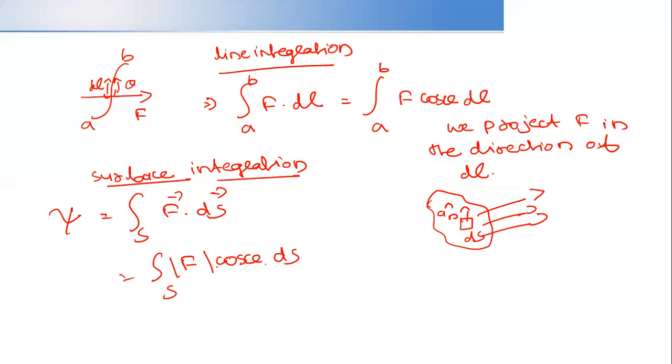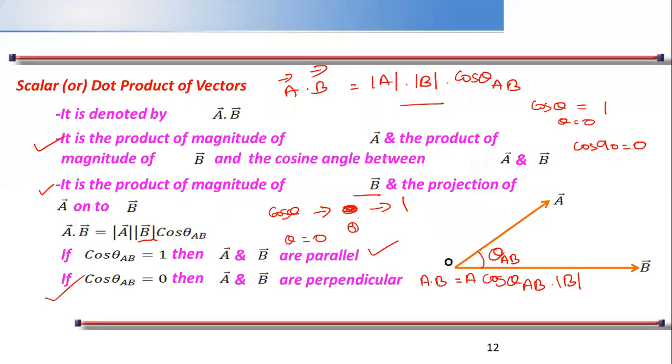So what actually is it like? I'll just revise whatever we have seen till now. So we have seen what is a scalar product. So you know that it is A dot B cos theta. So such things, then what is the minimum value and what is the maximum, cos 0, cos 90, what happens when it is parallel, and one important thing is the projection of A onto B. It is a scalar projection, okay? Theta AB, then cos theta, such things. You can just rewind and see the same thing I have explained.